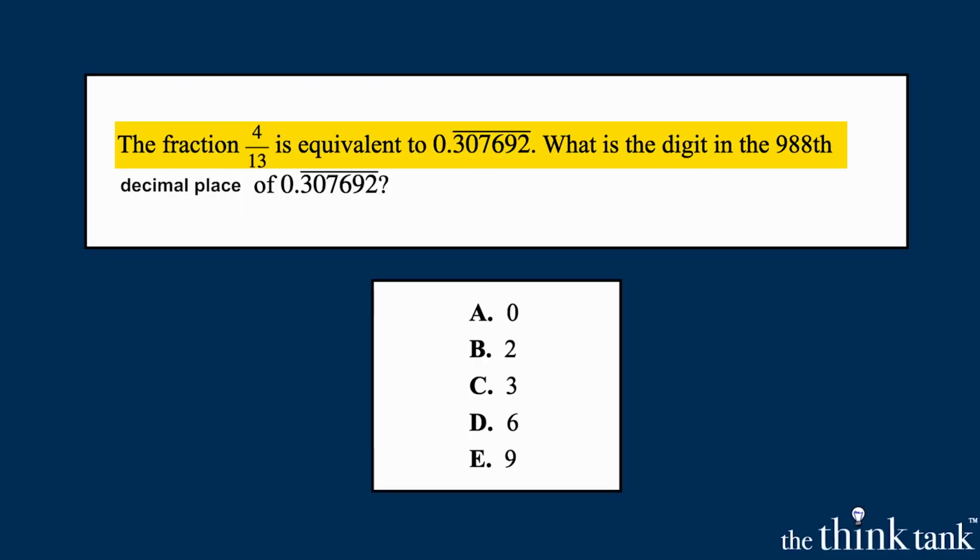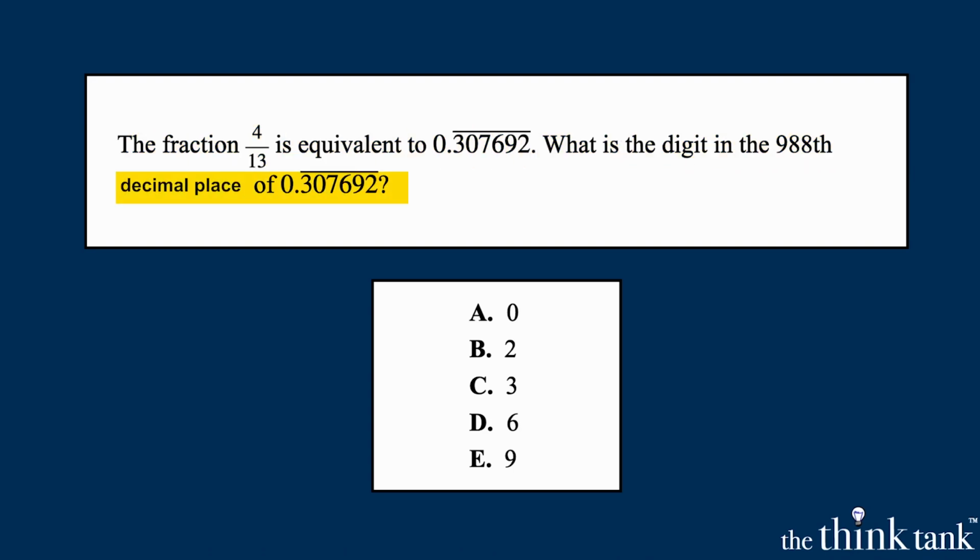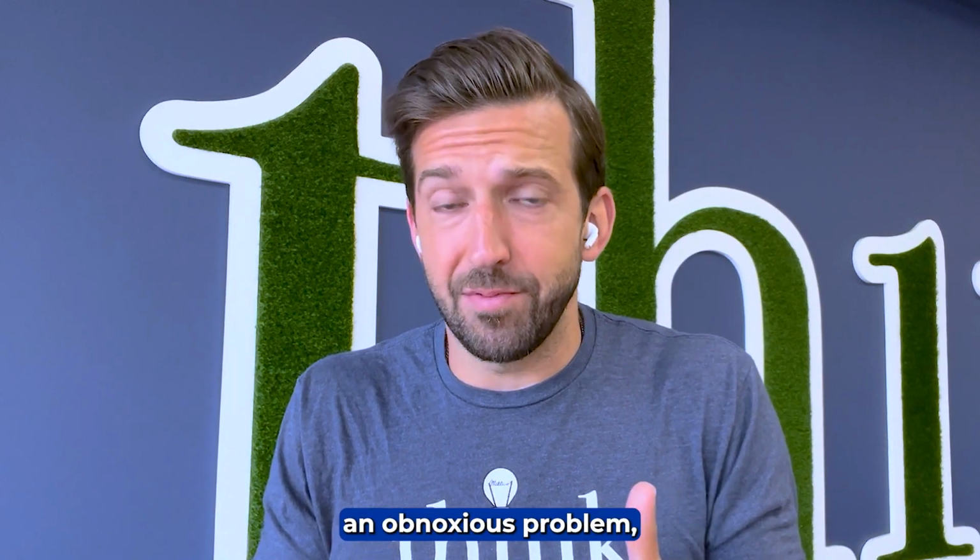The fraction 4/13 is equivalent to 0.307692 repeating. What is the digit in the 988th decimal place of that number, 0.307692 repeating? Let's go. All right, so this seems like kind of an obnoxious problem, and in a certain sense